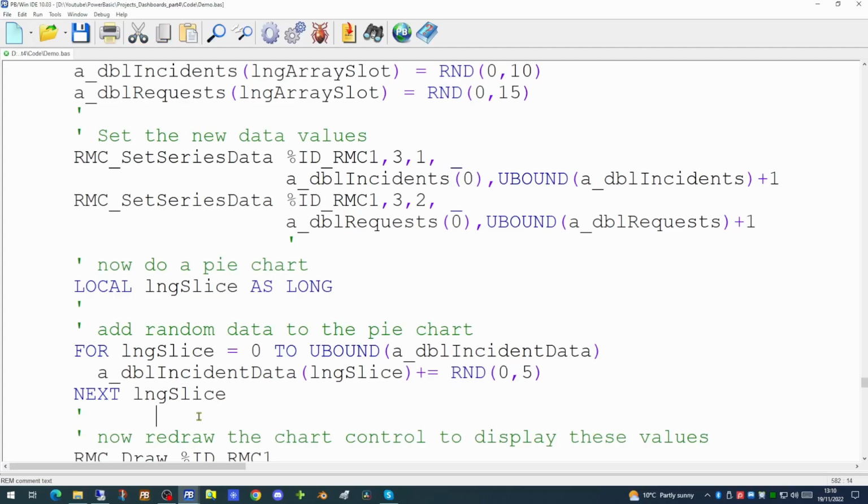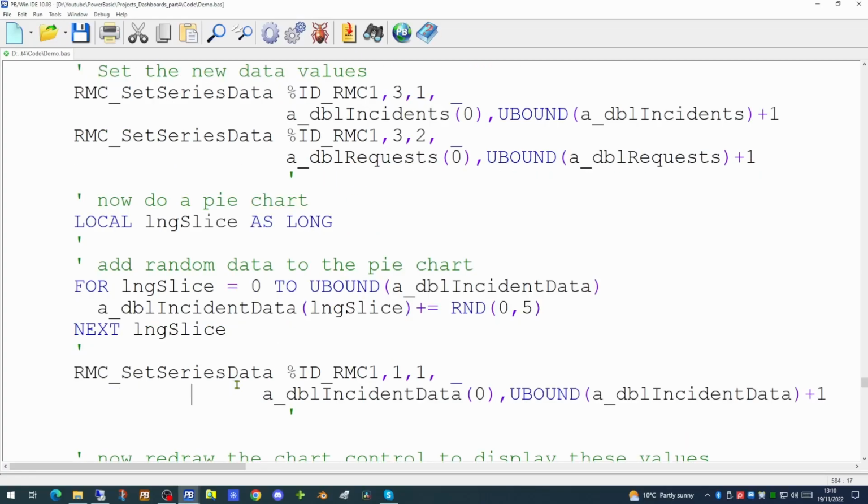And once we've done that, we can then use the setSeries function to repopulate the underlying array which is used for the chart. And then when the chart control is redisplayed, our pie chart will be redrawn as well. So again, it takes a number of parameters: the handle of the control, the region, the data series, the array, and the upper bounding of the array.